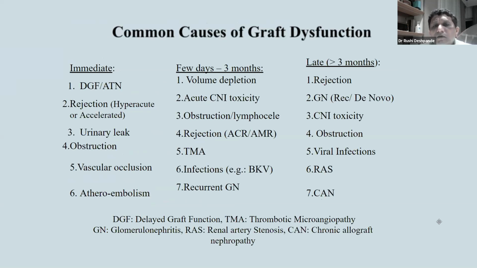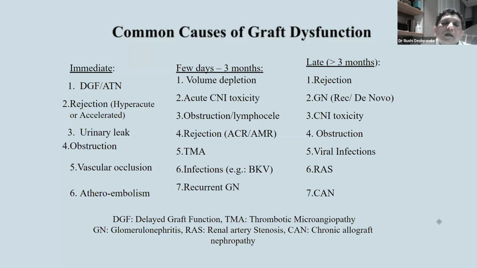So you can also divide your graft dysfunction in this kind of a way where you say immediate, early, and late. When you say immediate, it is a delayed function of the kidney, a DGF or an ATN. Now, delayed graft function is defined as a need of dialysis in the early post-transplant period. That is an absolute indication, the definition of DGF. Normally you would expect the creatinine to reduce by 50% over a 48-hour period. If it does not, it is called slow graft function or SGF.